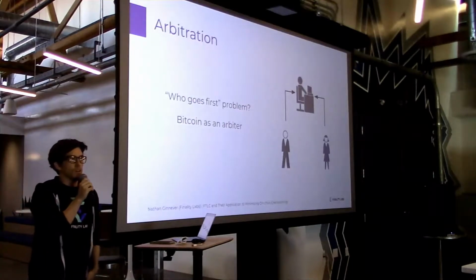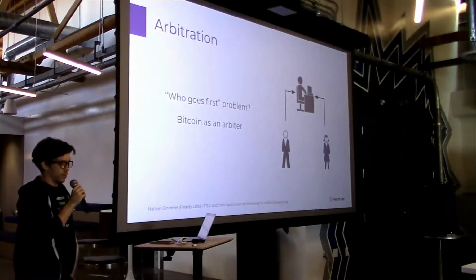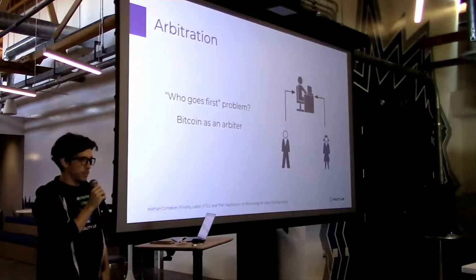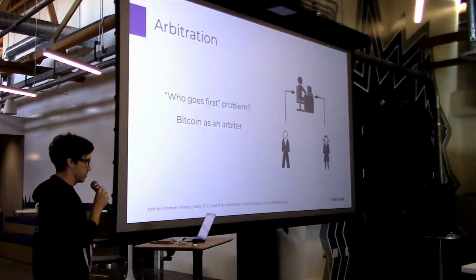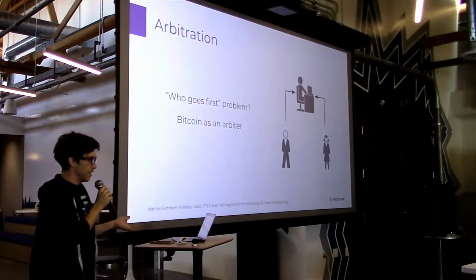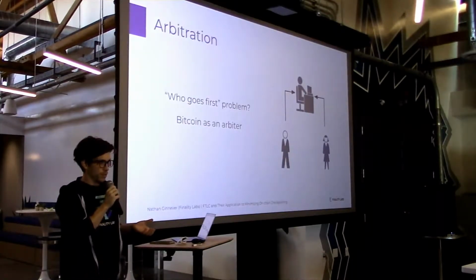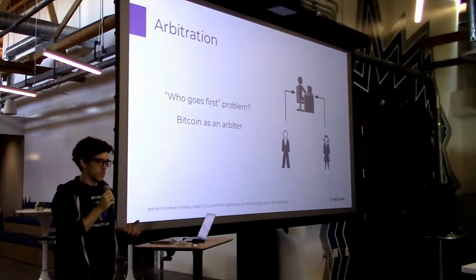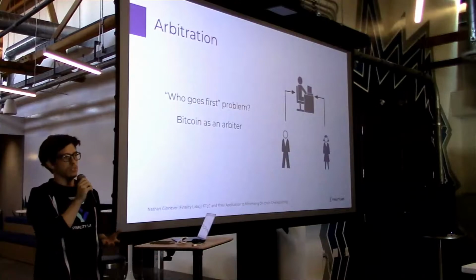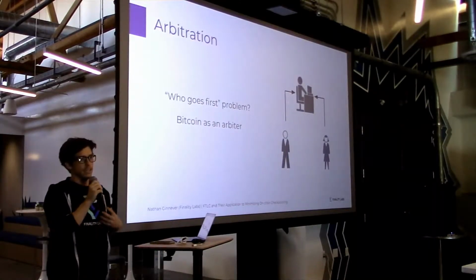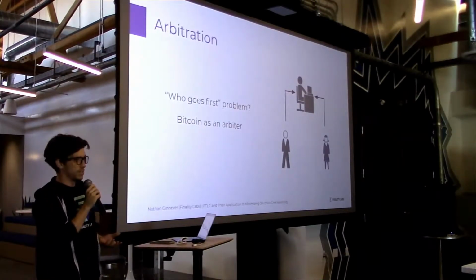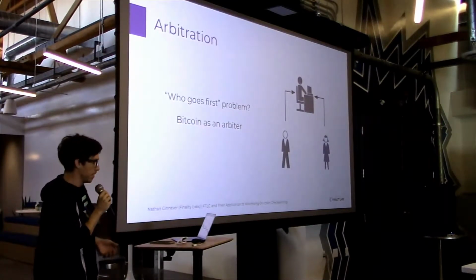So Lightning kind of started to come up with solutions to this in the form of arbitration, right? So they decided to start putting intermediaries between transactions. So here you have Bob, say, trying to send money to Alice. They don't know who to go first, right? So if I was trying to do, say, an atomic swap with somebody, you have an asset that I want, I have an asset that you want. We don't know who to go first in a decentralized trustless way. I can't give you my asset and expect trustlessly that you'll just give me yours, right? You might just be like, nope, you gave me yours first, I'm taking off the money.